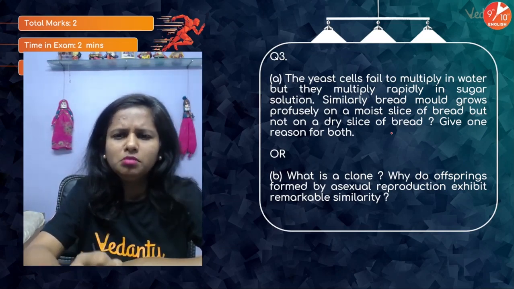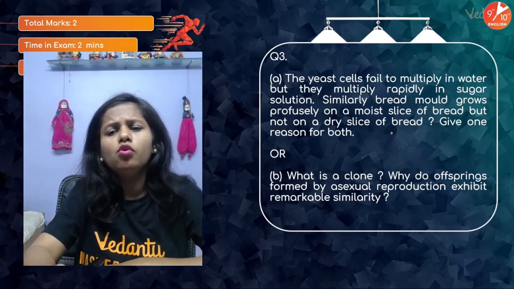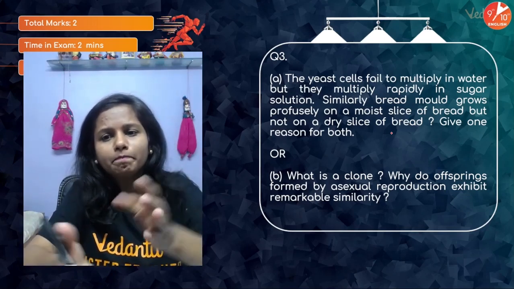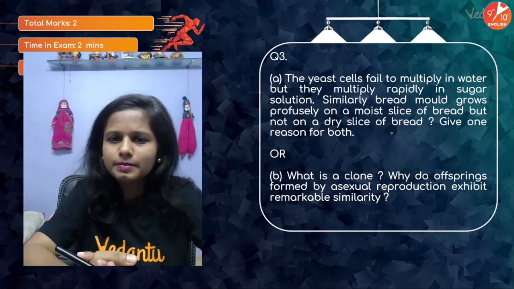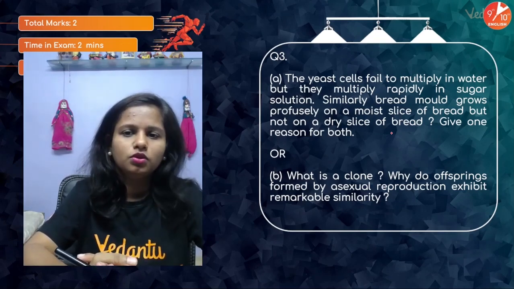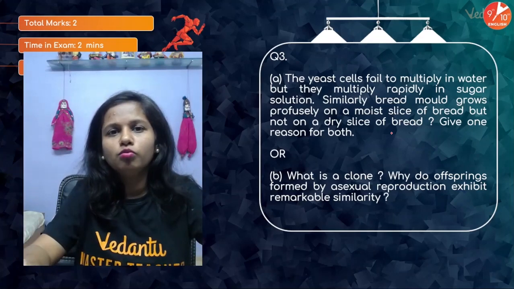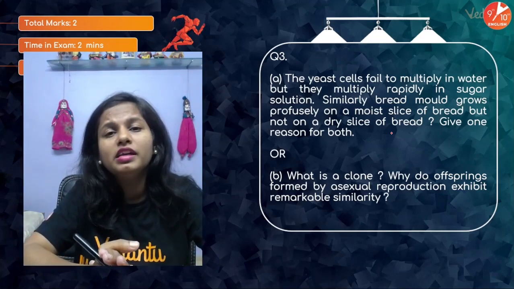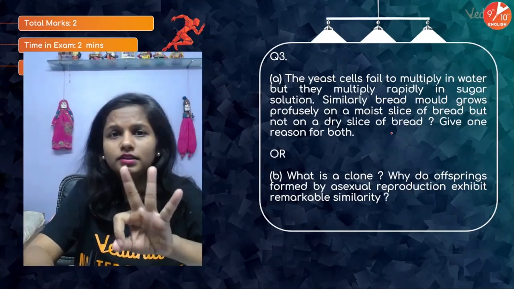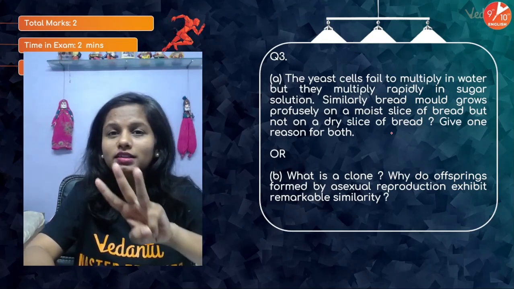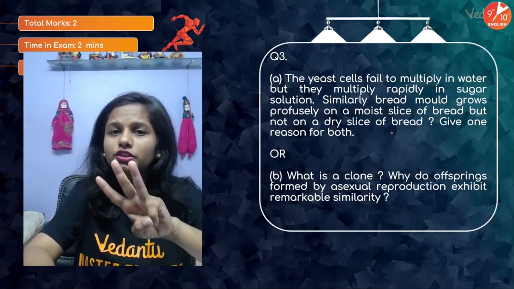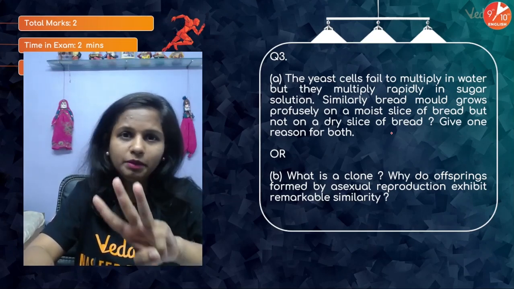Similarly, bread mold grows profusely on a moist slice of bread, but not on a dry slice? Give one reason. So yeast and bread mold, both are fungi. What do they require? They require three things: nutrition, warmth, and moisture. These are the three parameters which are essential for their growth. I repeat again: